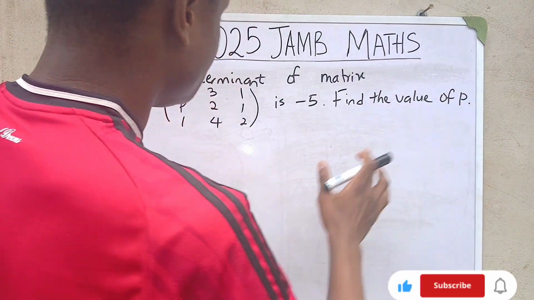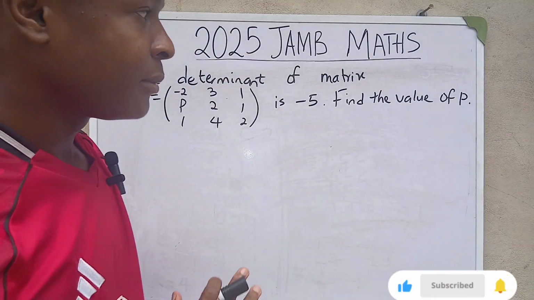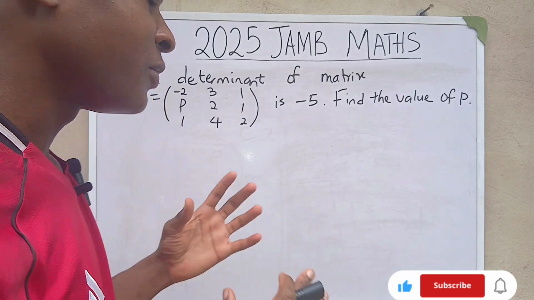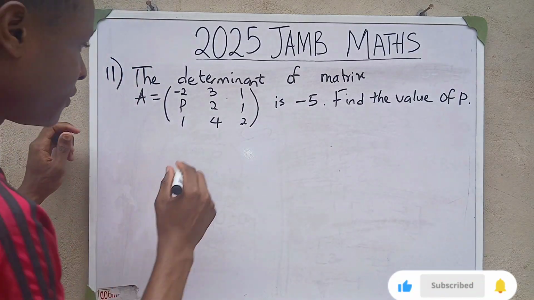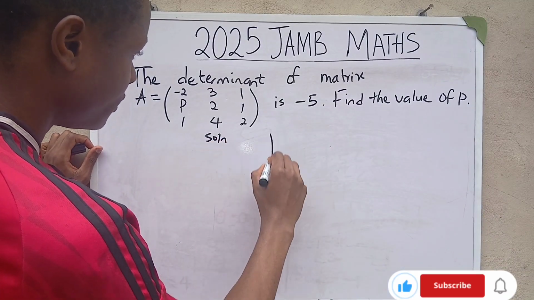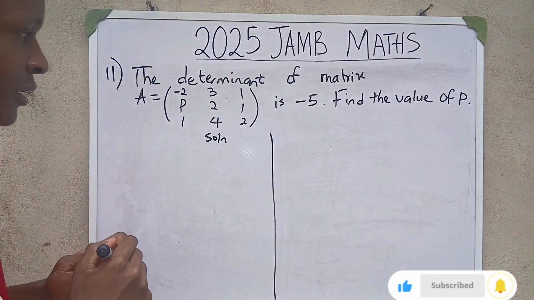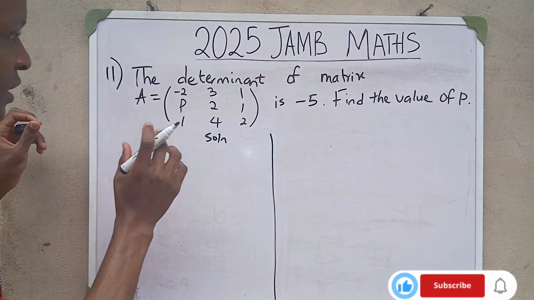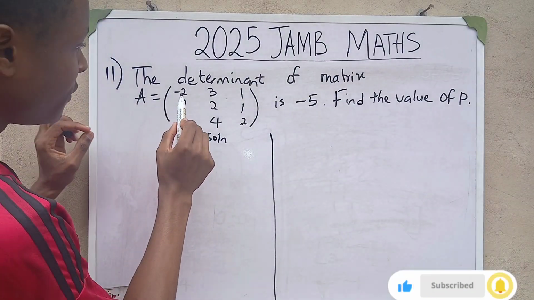Find the value of P. Now, when we are solving the determinant of a 3 by 3 matrix, we solve it differently. So when solving the determinant of a 3 by 3 matrix, what we do is that if we want to take